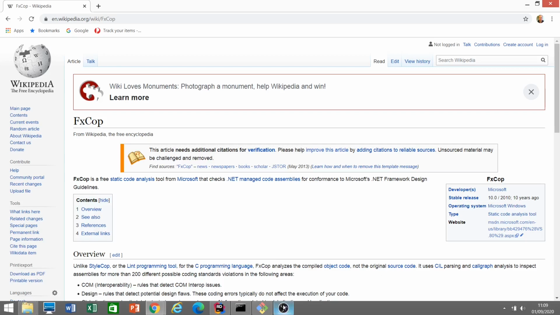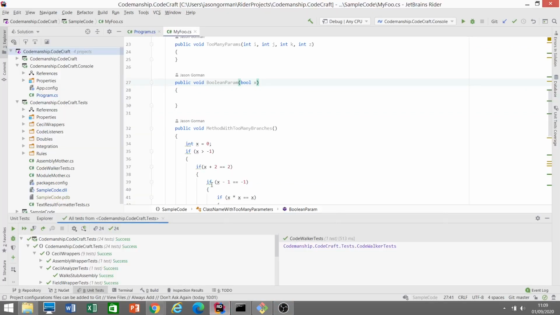Now, here's an interesting fact. The project that I was using as my example in Rider here, in actual fact, what is this project? It is a set of FXCop code rules. So some custom code rules. These were originally designed as a set of rules that I would then run when I'm giving people what was called the Codecraft driving test. So they do a little project and we check a whole bunch of stuff like, are the tests passing and blah, blah, blah. But one of the other things we check automatically is whether or not they're satisfying certain code quality rules. So what I did here is I put together a few example rules,